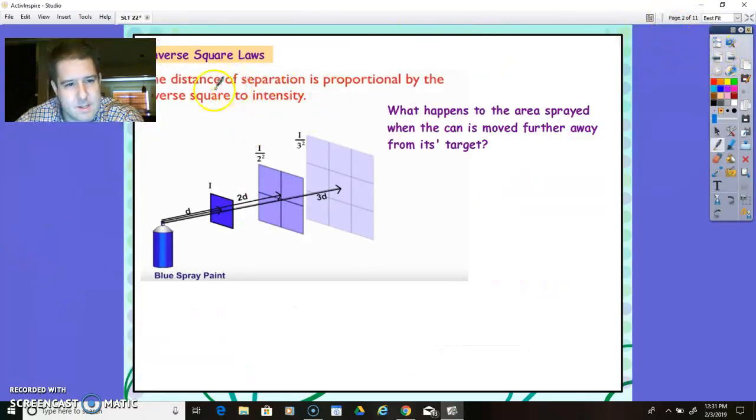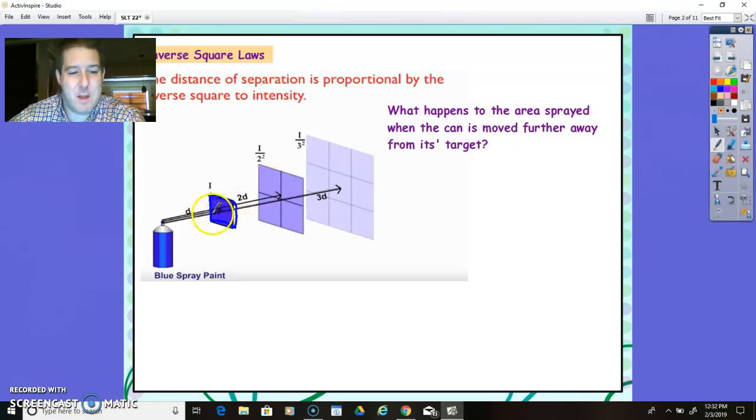All right, distance. When you talk about a spray paint can spraying on a wall, if you hold the spray paint really close, let's say only 1 inch away from the wall, it's going to spray very intensely on one tiny square. But if you hold it 2 inches away, it's going to make a bigger circle. I know blue spray paint makes a circle, but let's assume for right now that it's making a square shape. It's going to hit a bigger part of the wall,